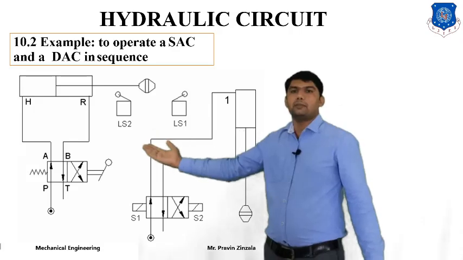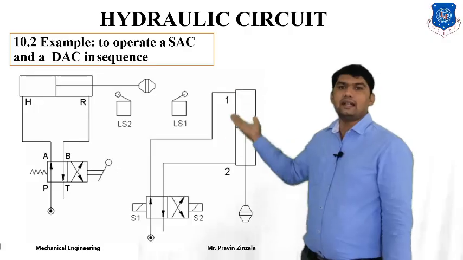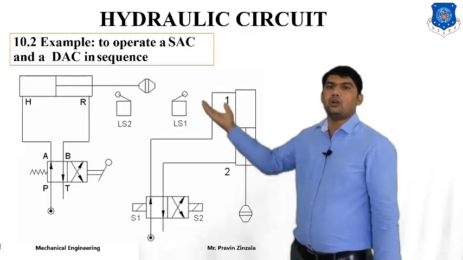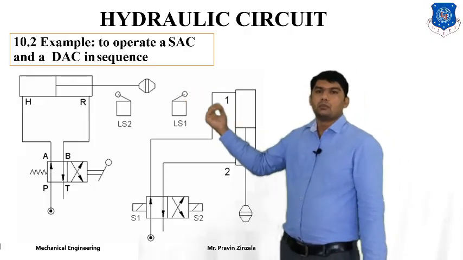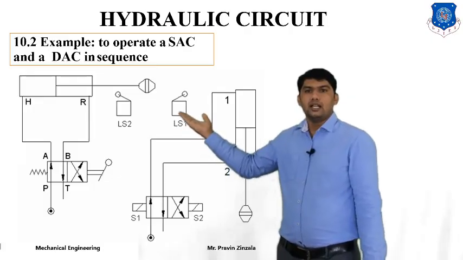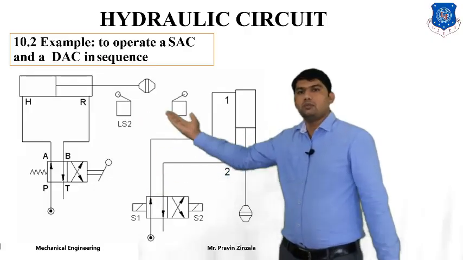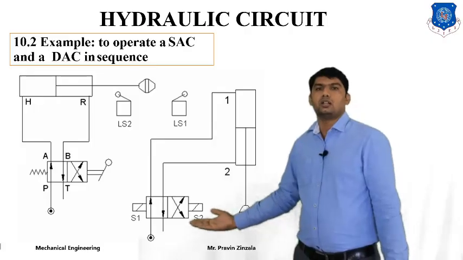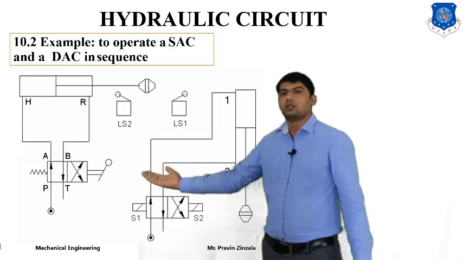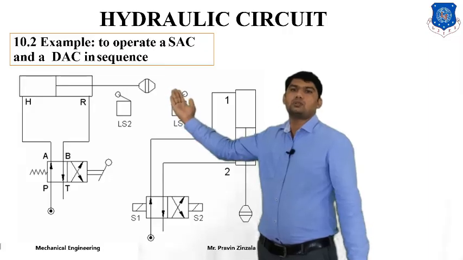The first double acting cylinder is our normal application, and the second double acting cylinder is our second application, and it operates according to the first double acting cylinder by utilization of two limiting switches. Limiting switch 1 is connected to solenoid 1, and limiting switch 2 is connected through wire to solenoid valve 2. Whenever we start our hydraulic pump, P is connected to A, and the first double acting cylinder starts to extend.